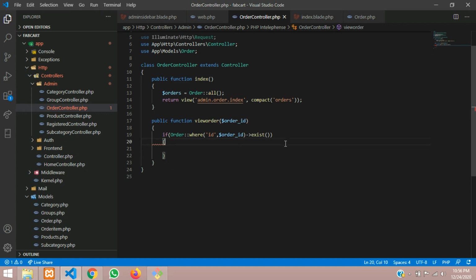If it is there, we will say found, else here you can return and redirect back with status. The status we will mention as no order found. Done.